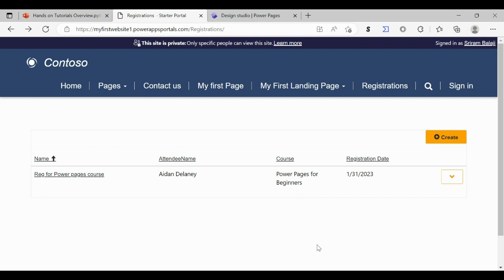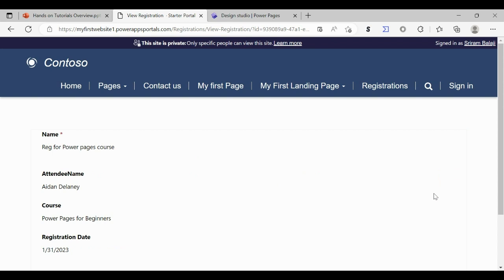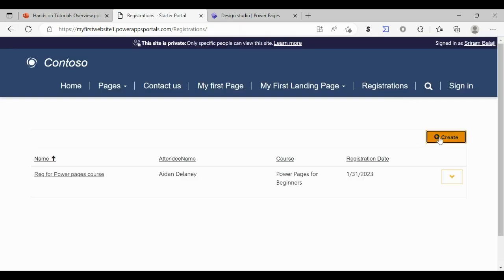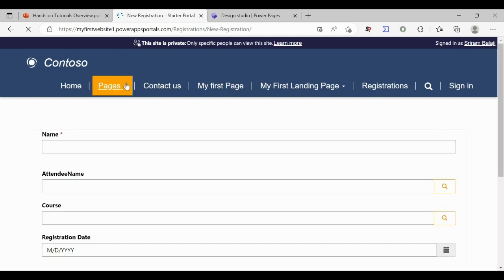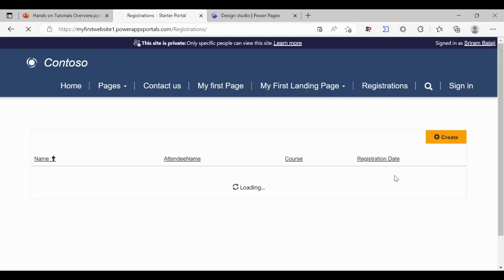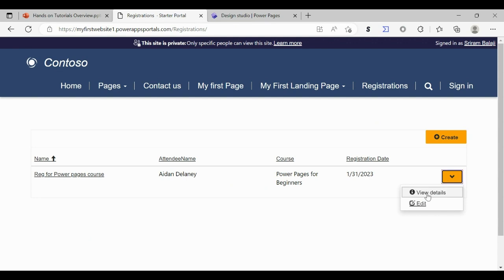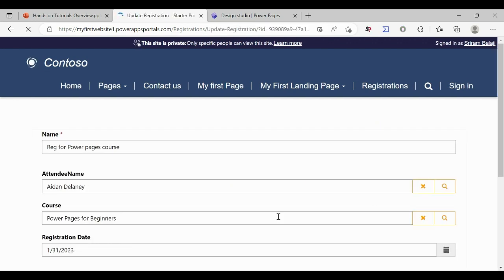I want to share a quick demo of the result of the hands-on tutorial. You have the registrations page. You get the list page, which is a list of all the registrations. Then I can view the details here, and then I come back. I can create new registrations, the create page, and finally the edit. So I can say edit. So it's going to the edit page. I can actually edit the